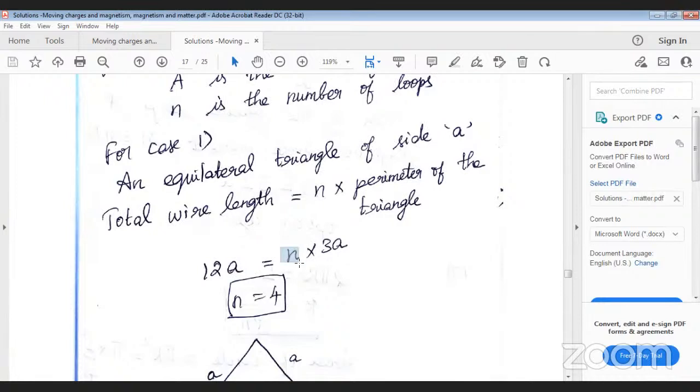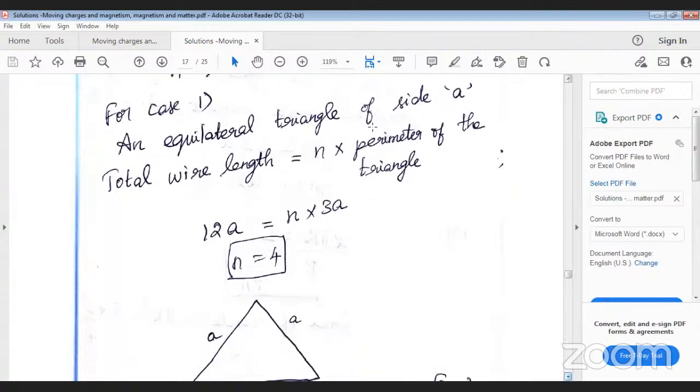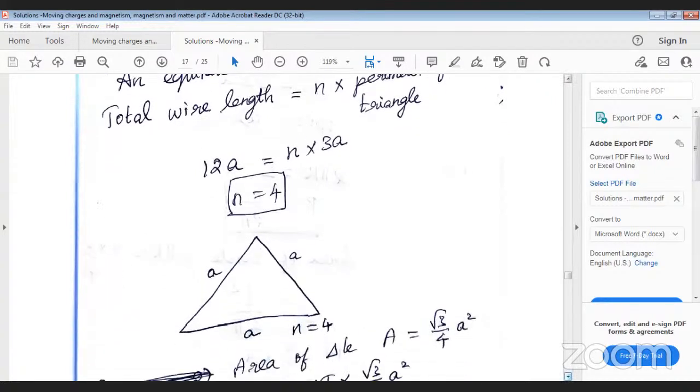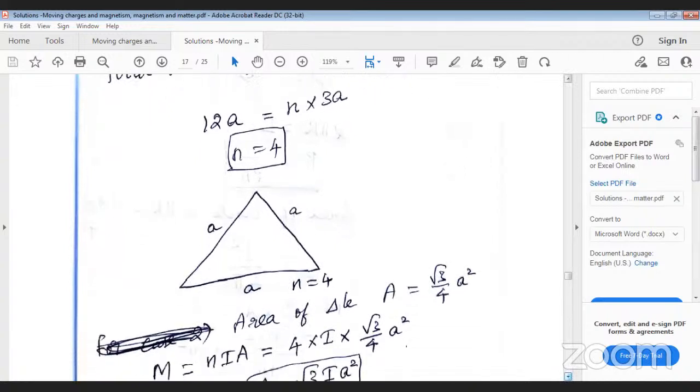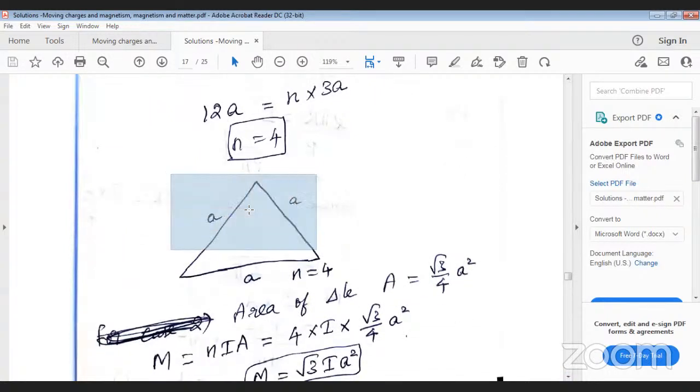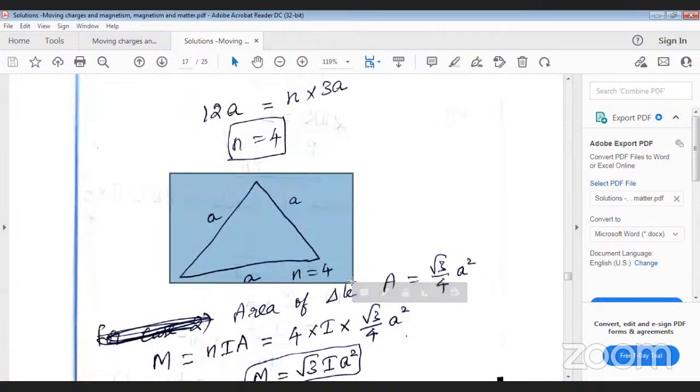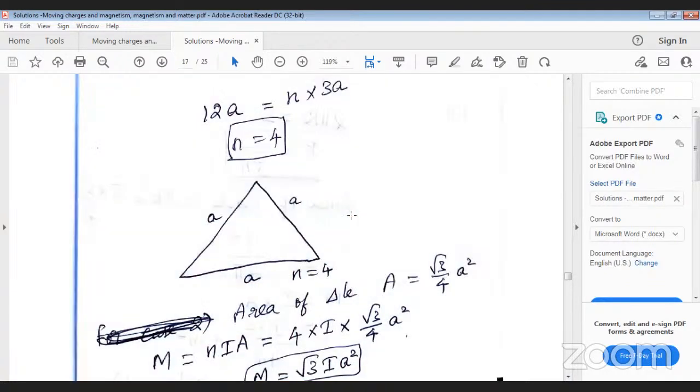Okay, N. So here 12a equal to N into 3a, because we know very well the perimeter of the triangle is 3a, because all the three sides have equal length a. Okay, so 12a equal to N into 3a, that will give you N equal to 4. Okay, that you can easily judge from the diagram. So this is the triangle, and here we have found out that the total number of turns or total number of loops is N